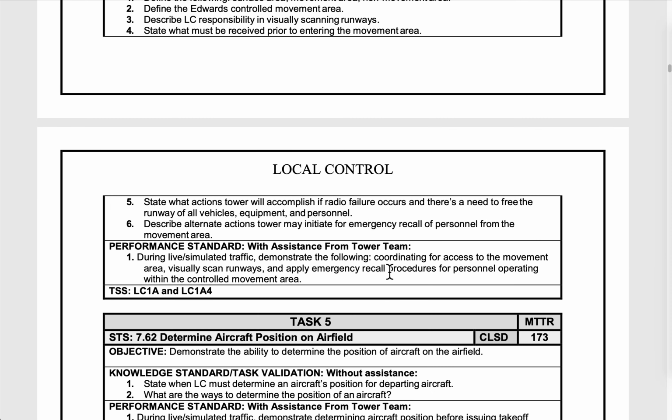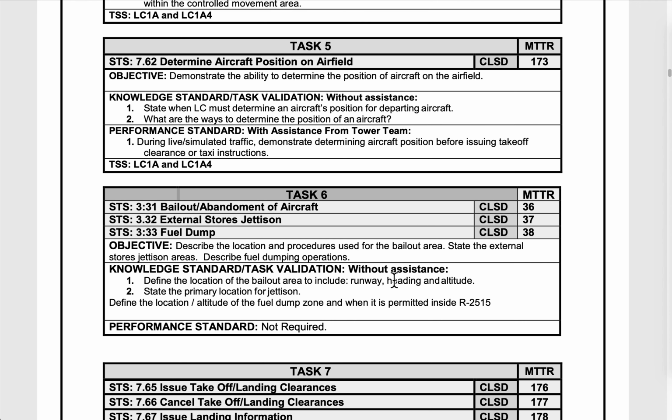All right, we're going back down to task 5, determine aircraft's position on the airfield. State when the local controller must determine aircraft's position for a departing aircraft. Local control must determine the position of an aircraft before issuing taxi instructions or taxi clearance, takeoff clearance. What's really important about that is if we have bad visibility or it's at night,